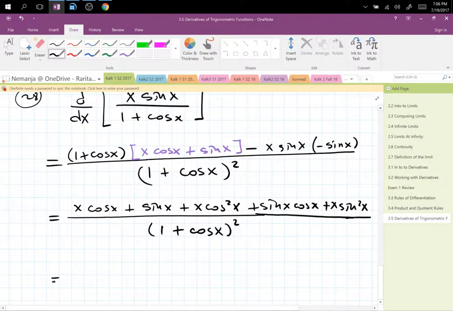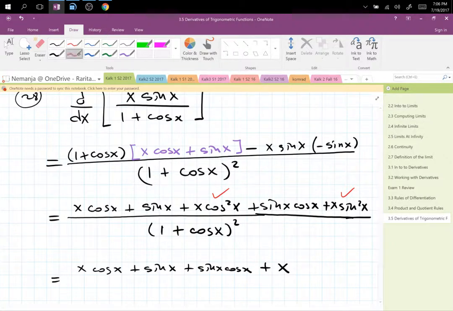This term and this term, if you factor out x, you get sine squared plus cosine squared, so those two terms give you x. The rest of the terms you just pile up: x cosine x plus sine x plus sine x cosine x, and then plus x, divided by